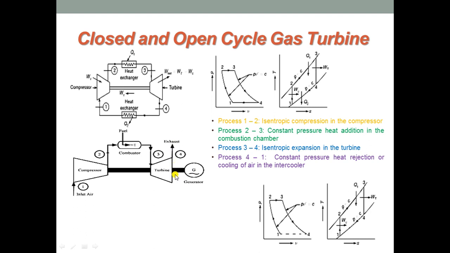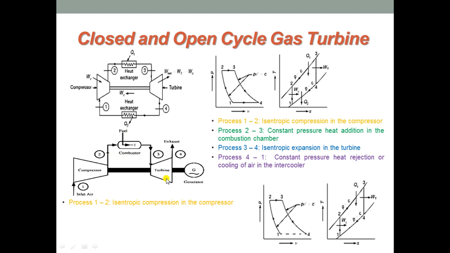Since the working substance is discharged to the atmosphere, this type of turbine is called as open cycle gas turbine. The working substance, air and fuel, must be replaced continuously for every cycle of operation, and